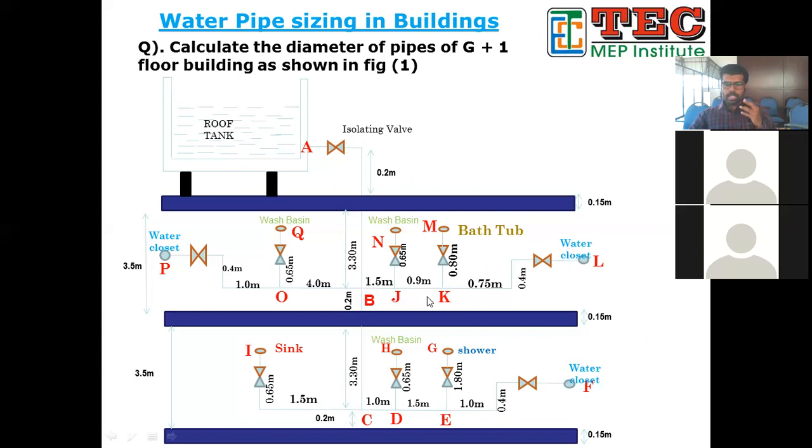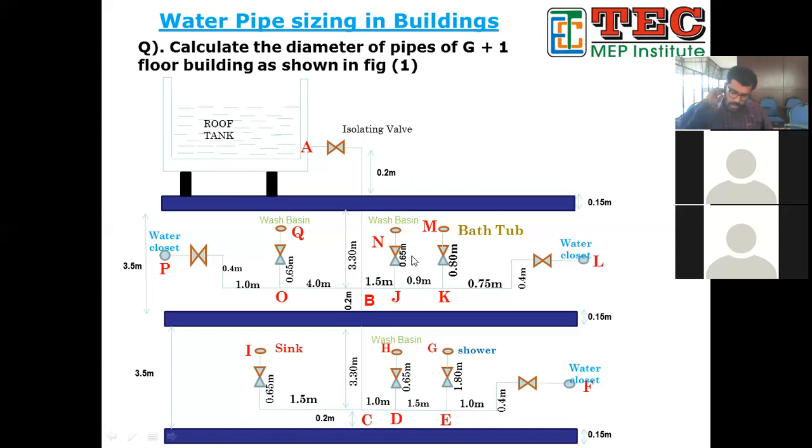When coming to BJ, JK, and all those, you have to add both fixture units, then go to the GPM table to find the GPM. If you find the GPM, insert it in that Excel sheet and get the answer. It's very simple. So I am mainly doing the WSFU method only. There are other methods also, but I feel this is a simple method.